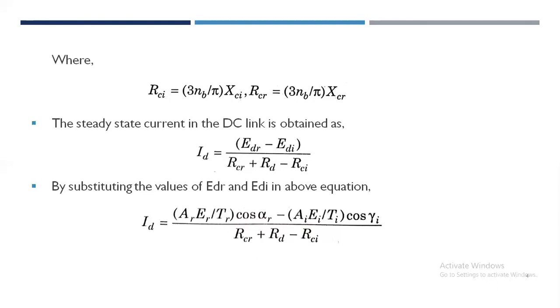The power reversal in the link can take place by reversal of DC voltage. This is done easily by increasing the delay angle at the station initially operating as rectifier, while reducing the delay angle at the station initially operating as inverter. Thus, it is necessary to provide both constant extinction angle and constant current controllers at both the terminals.